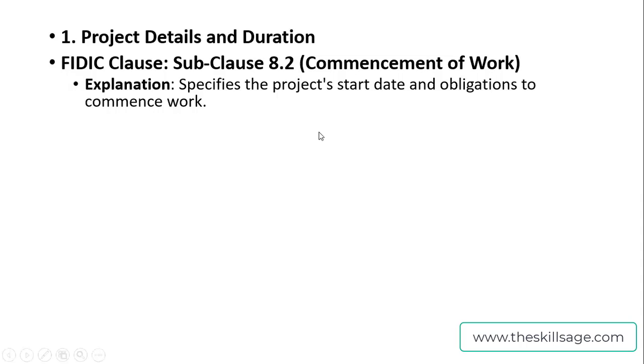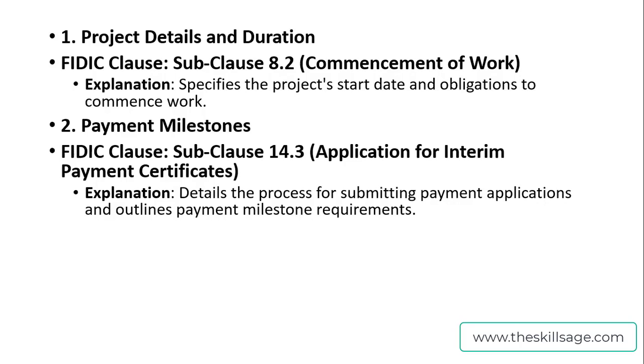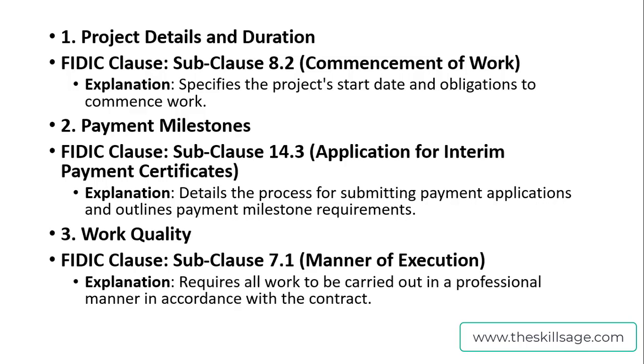So this class will help you in this regard. Then, of course, there are some important milestones we come across whenever we are going to schedule a project. That clause is going to help us with how we get paid as a contractor when our work is done, and work quality as we prepare the project schedule. Then clause 7.1 is going to help us when we install piping and valves, where quality matters